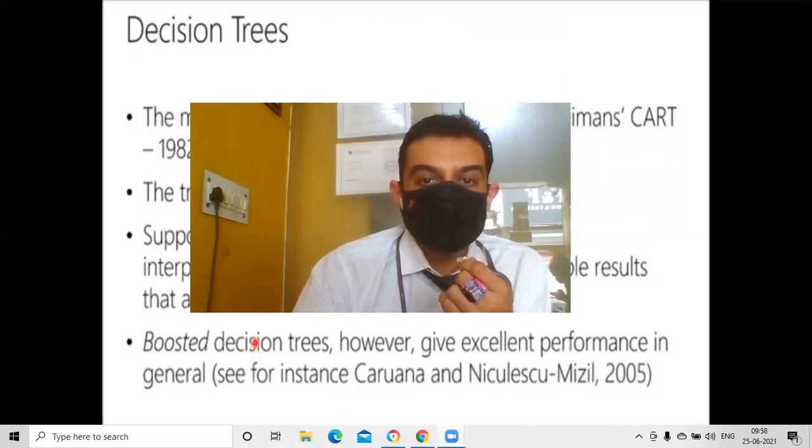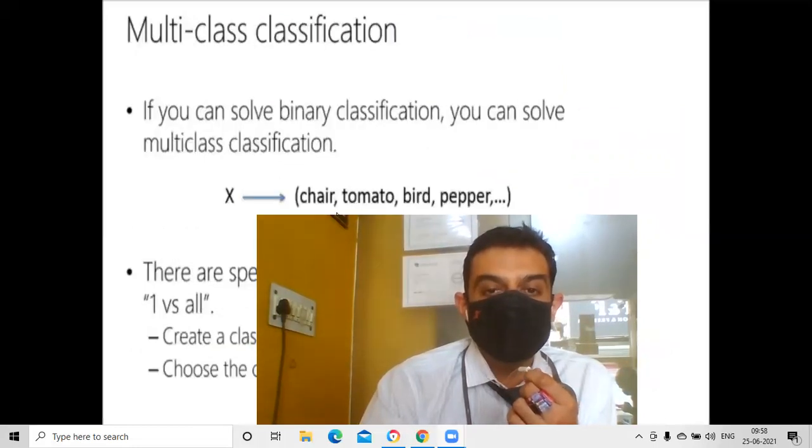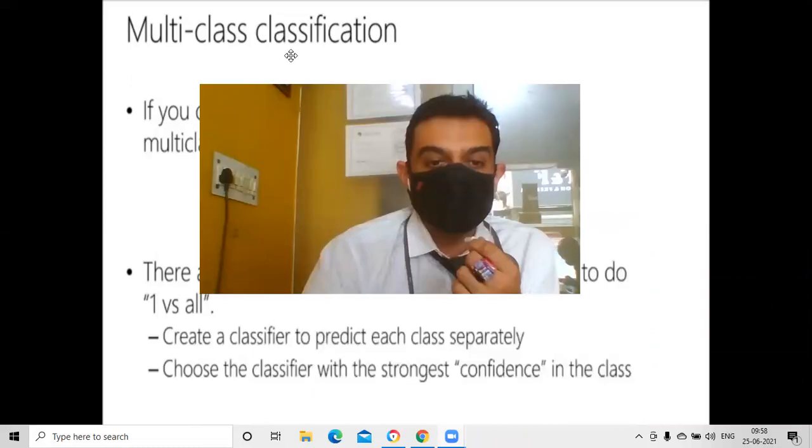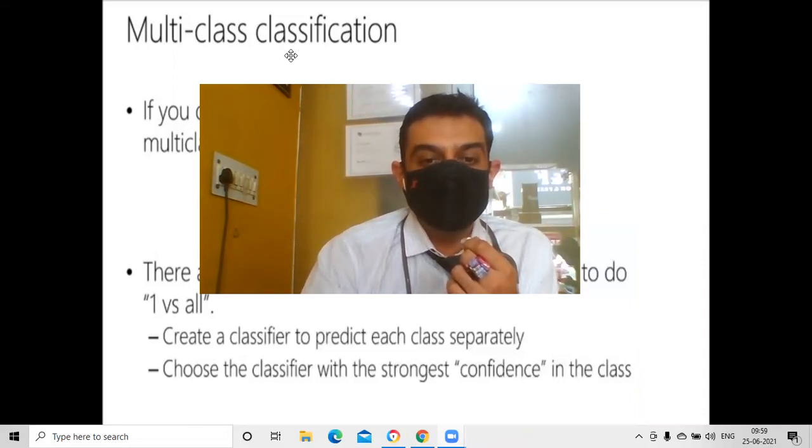In multi-class classification, it is not a scenario of yes or no. We have to predict whether it is a chair or a tomato or a bird or a pepper. So those kinds of things are there, and we can get some kind of value for that. That is one versus all. We can assign what kind of probability to each classification. In one versus all, basically for every class we give the confidence separately, and then